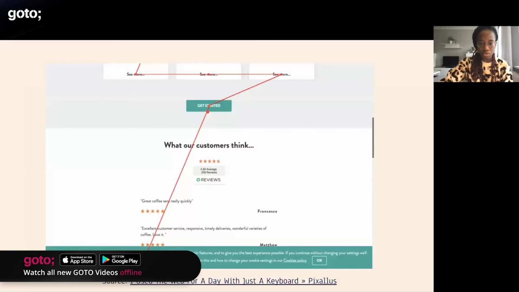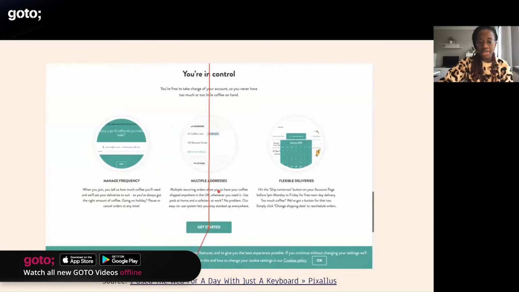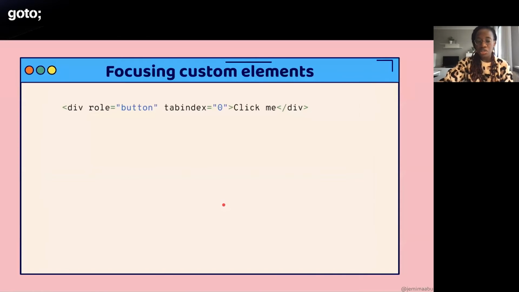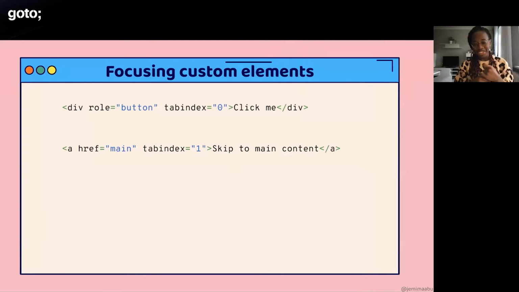So back to this example here, the reason all these things are able to get focus on the screen is because they have a tab index. Divs by default do not have tab indexes and do not get focus. So if you're using a custom element that is a div, you need to give it its own tab index. And that key feature in accessibility is,